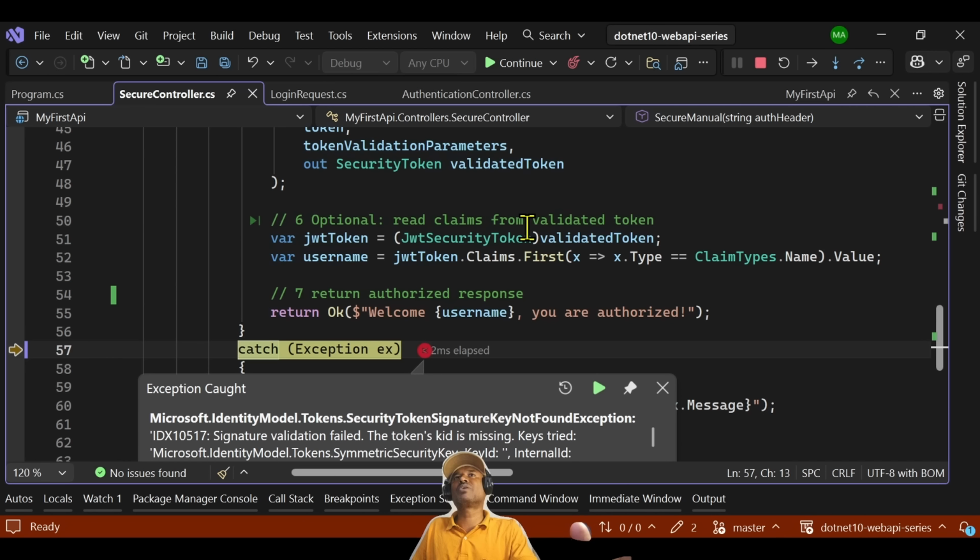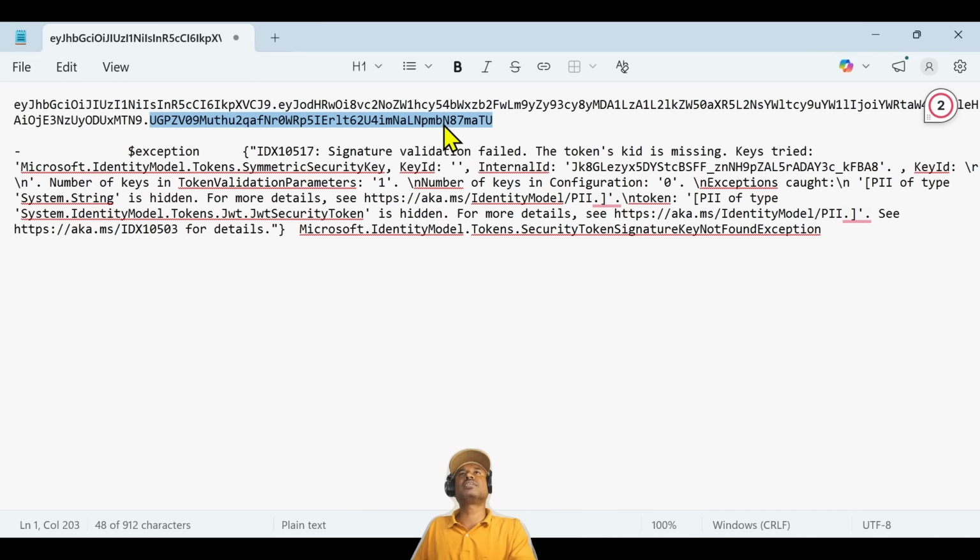Then in the upcoming videos, you can clearly understand what validation is, what will happen if you send an invalid token, and what will happen if you send an expired token. All things you need to know clearly. What you send as the encoded signature,